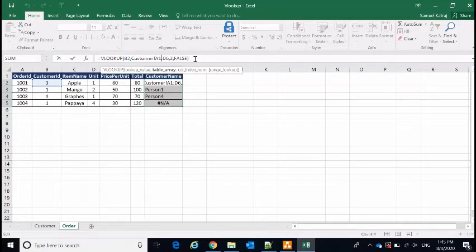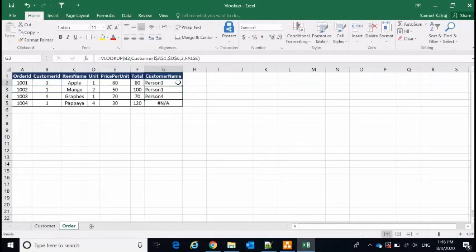So to avoid this, we have to give a dollar symbol, so that when we are copying the formula, it won't auto increment. So if you see here, A1 to D6, A1 to D6, A1 to D6.